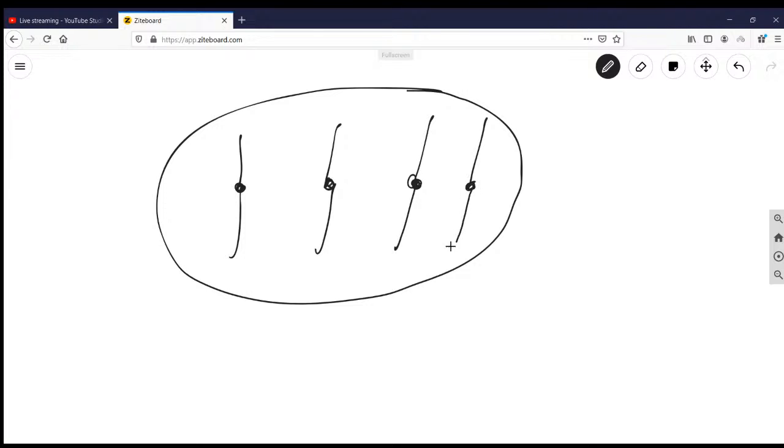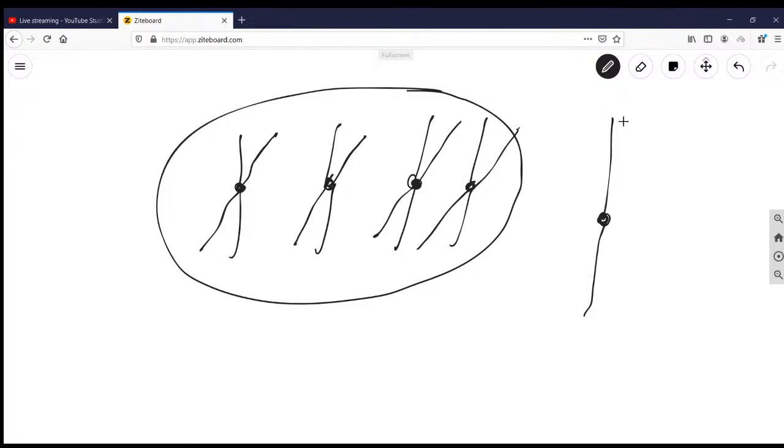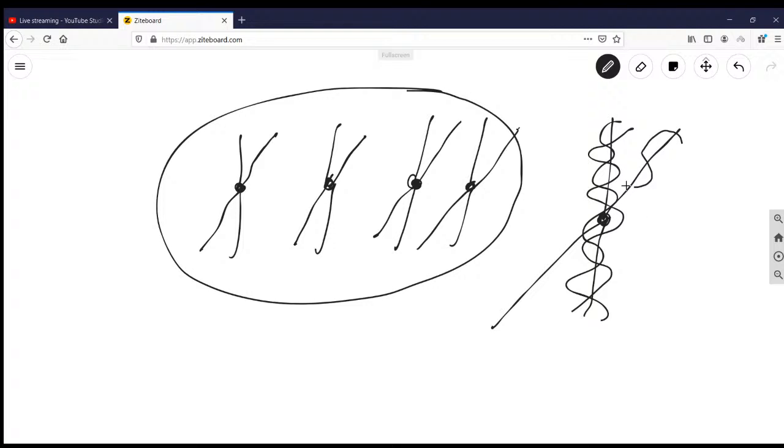So after the S phase, what will happen? Sister chromatids will be developed. This will be used as a template and a new DNA strand will be formed complementary to it. Each chromosome, if I am drawing like one, don't think of it as single stranded. This contains double stranded DNA. That's the concept. So when a new chromosome is formed like this, it is also containing a double stranded DNA, but this is a simplified image.